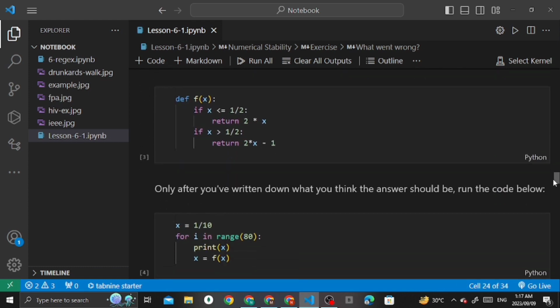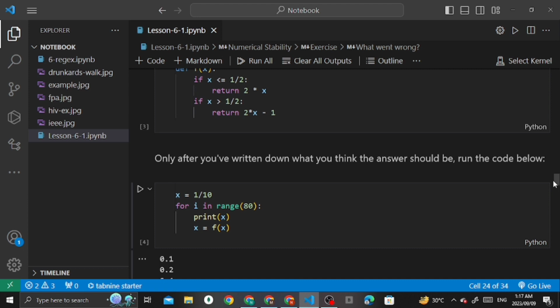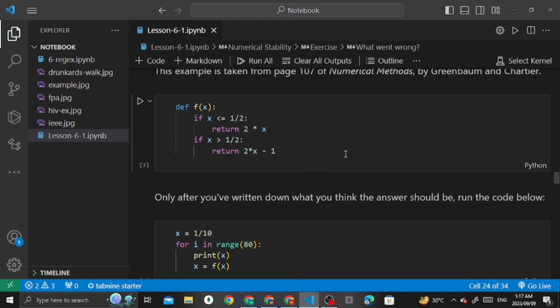Let's understand what was happening in this code. Let me scroll up. Here you can see a function f takes a parameter x and returns 2x if x is less than or equal to 1/2, and returns 2x minus 1 if x is greater than 1/2.